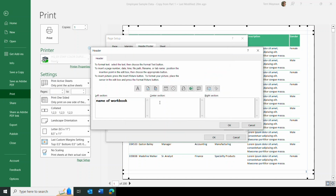Now in the center section, it could be that I want to insert a page number, or I might want to put in page of, and then number of pages. So I could do both. And again, if I'm a little curious or a little mystified by how this works, to insert a page number, date, time, file path, file name, or tab name, position the insertion point in the edit box, then choose the appropriate button. So if I want to put in page of number of pages,